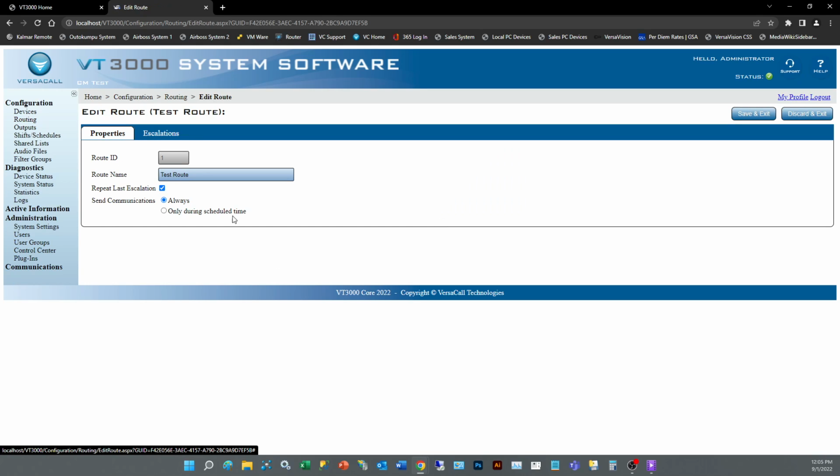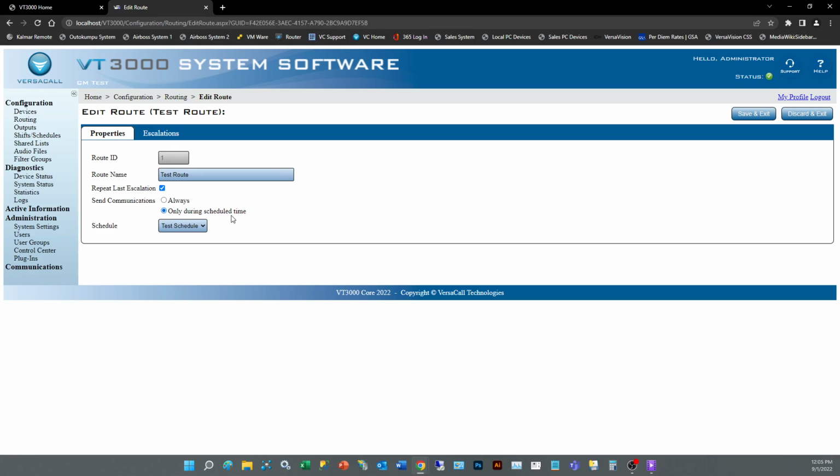And it's right here on this first page. There's this send communications always. So that's where whatever their availability is, it sends it to them. Like I say, for the shift 6 to 2, that'll send communication 6 a.m. to 2 p.m. What I can do is select here, which is only during scheduled time,